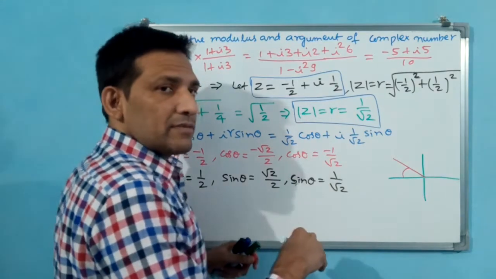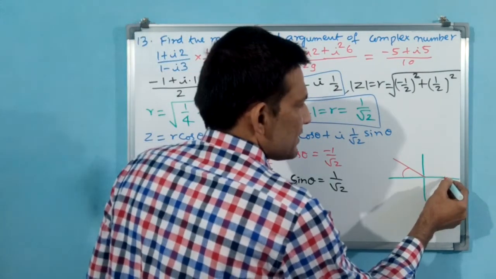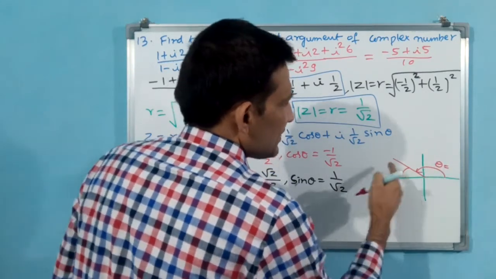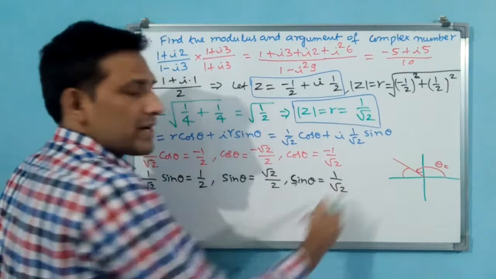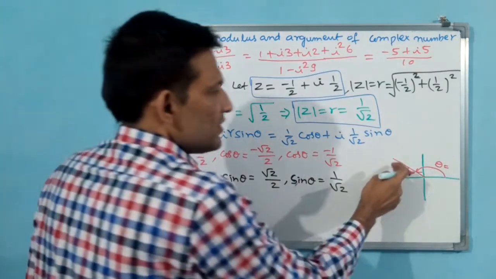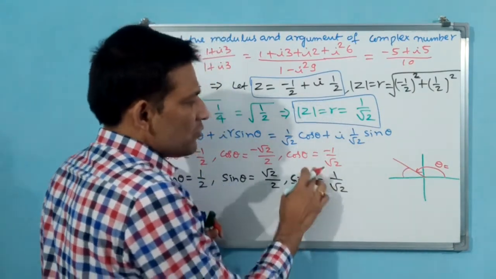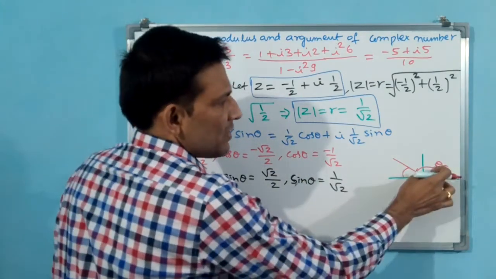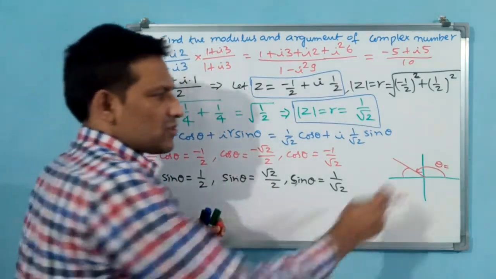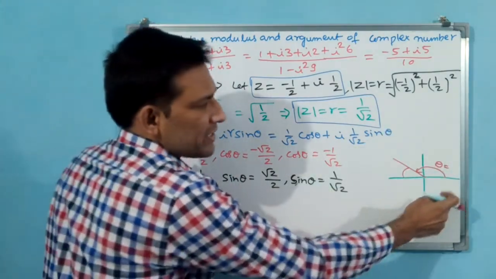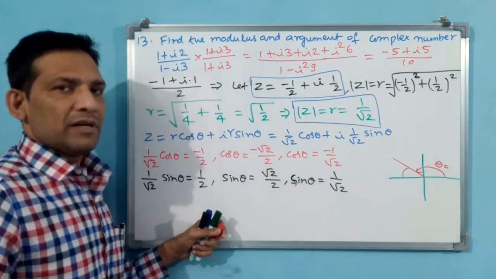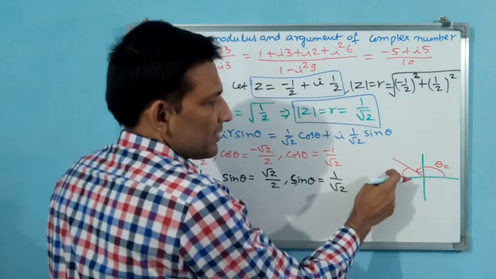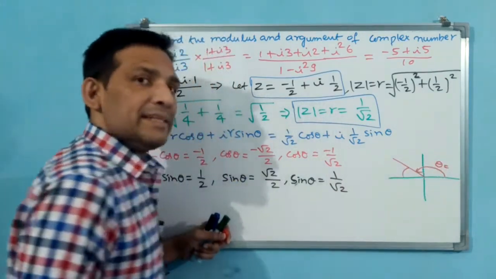But is it a positive or negative angle? Positive angle. From where? This is the reference. This will be theta. But then if this is theta, what is this? Based on the value only you have to write the angle, but that angle will be theta in the first quadrant and fourth quadrant. In the first quadrant the same theta will come. In the fourth quadrant a negative angle will come as theta. In the third and second quadrant, the opposite angle you have to take as theta.